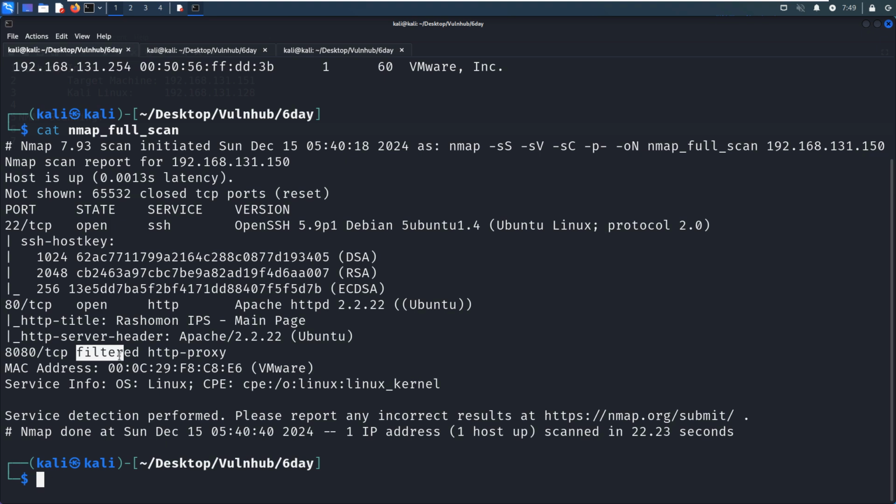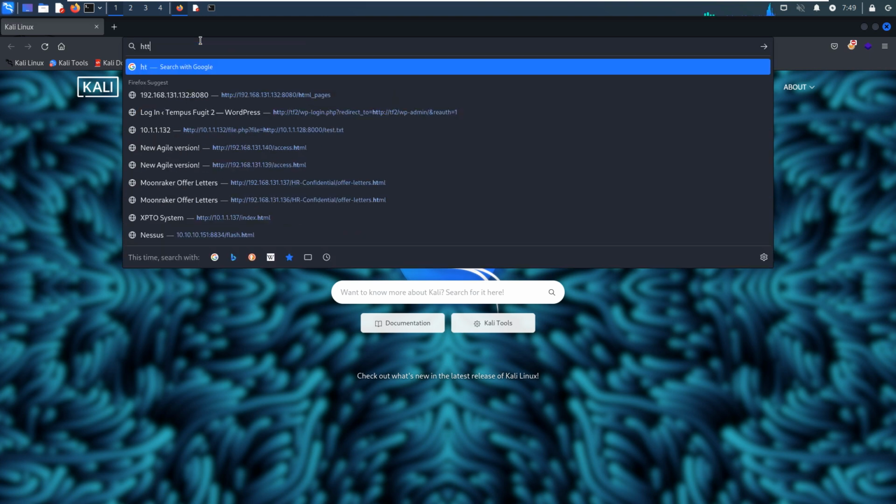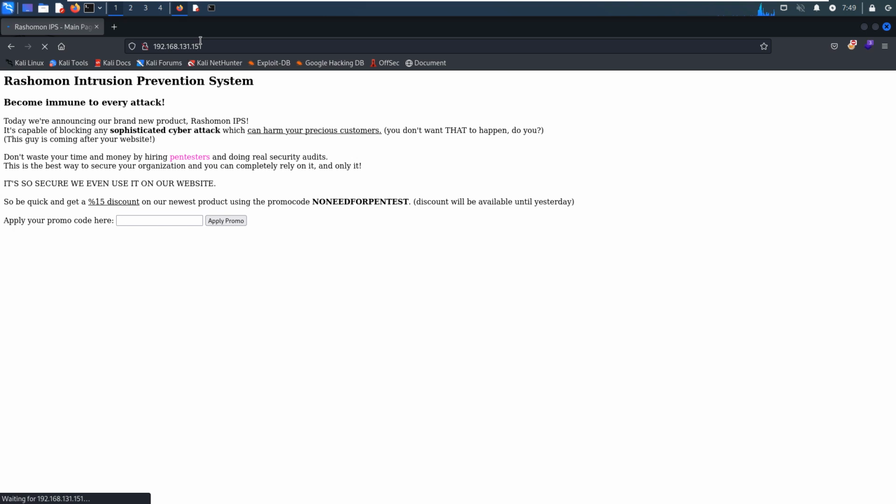Okay, so now what are we going to do next? It's very clear. We need to conduct the web application enumeration both manually and automatically with the application running on this port number. So let's fire up the browser to do the manual enumeration first. And we can put the IP address of the target into the address bar. Press enter, and we got the page back.